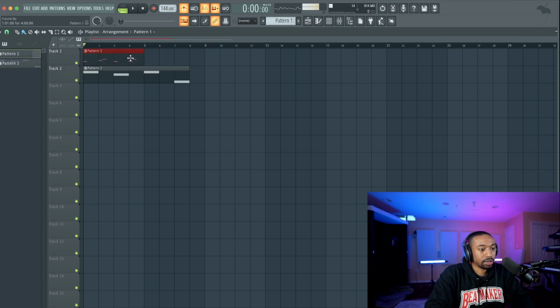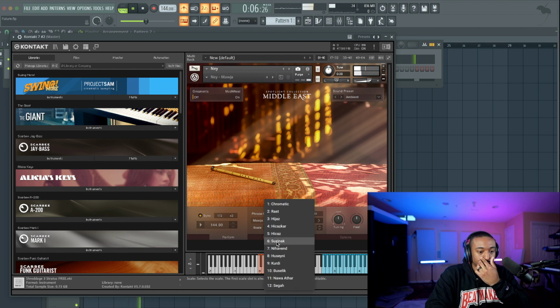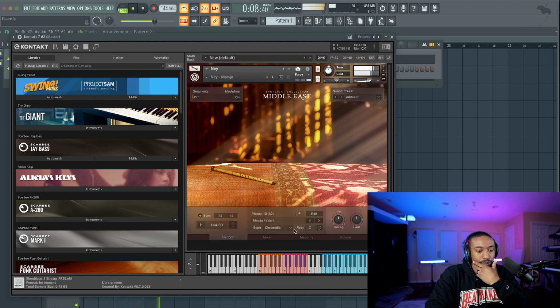Okay, so as long as this matches the key, let's go to song mode, drag this in, our other melody, so we can hear all this together. Hit Shift, left click, and drag. I think we can set the key inside of, let's do, yeah. Just gonna do C chromatic for now.